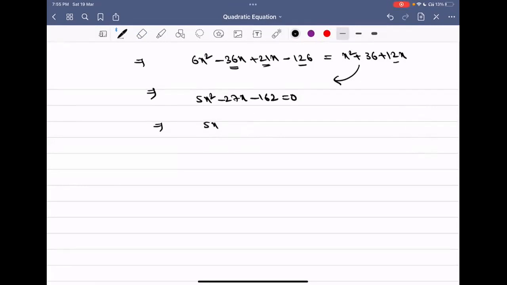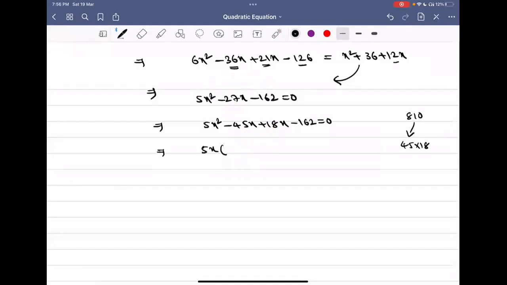It is 5x square minus 27x minus 162 equal to 0. Yes. So minus 45 plus 18 is minus 27. Minus 45 into 18 is minus 162 into 5. What is that? 810, sir. 810 is 45 into 18. Yes. So now this implies